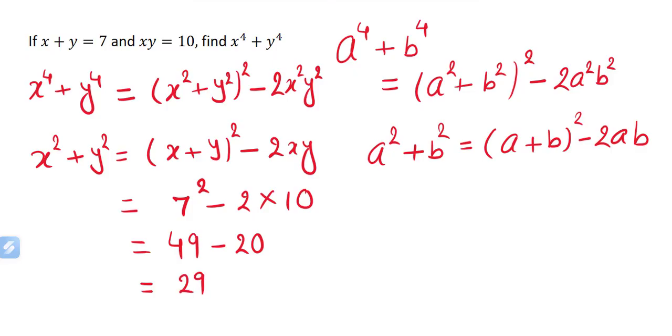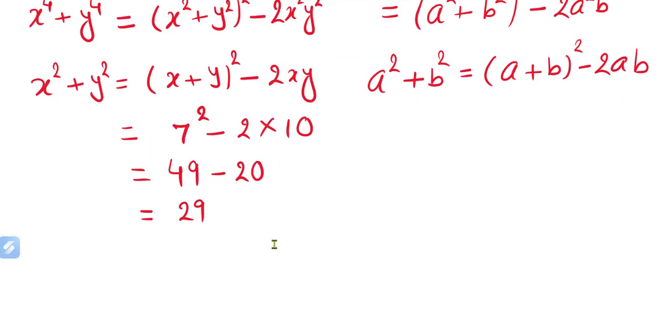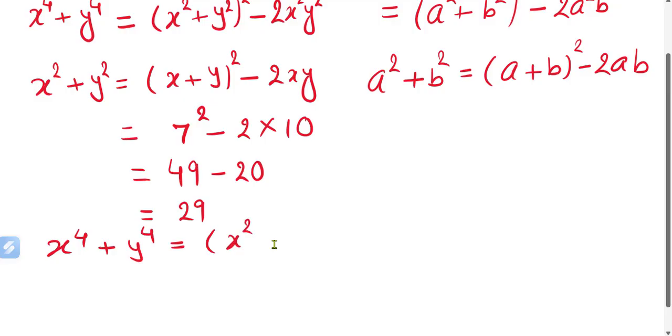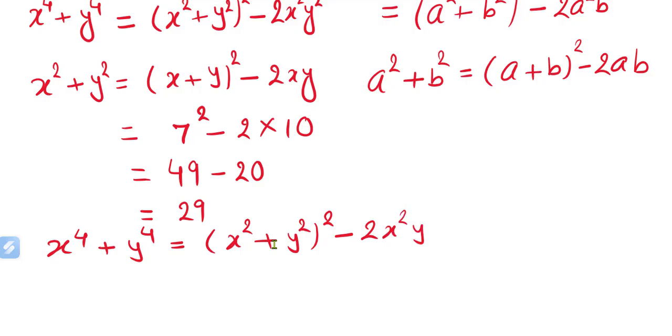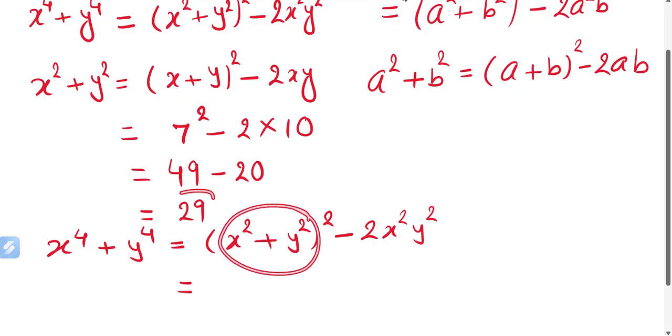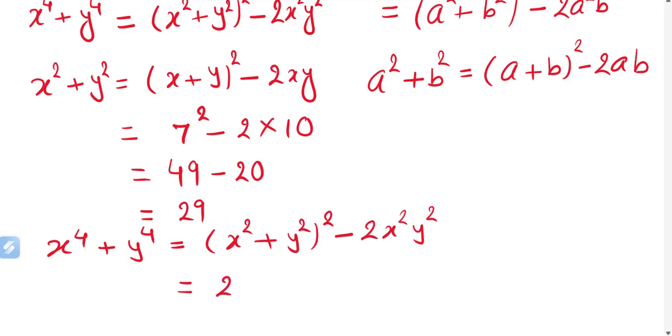Now once you have the value for square of x plus square of y, we can use it here. Now this will be 29 square, and since we have the value for xy, which is 10, this will be 10 square. Let's rewrite this equation once again. So x power 4 plus y power 4 is equal to square of x plus square of y whole square minus 2 x square y square. Now we just calculated the value of this, which is equal to 29. That simply means we can write here 29 square, and this is simply xy square. So 29 square is equal to